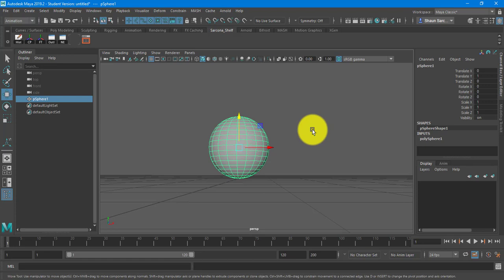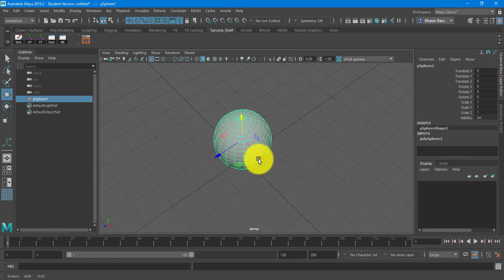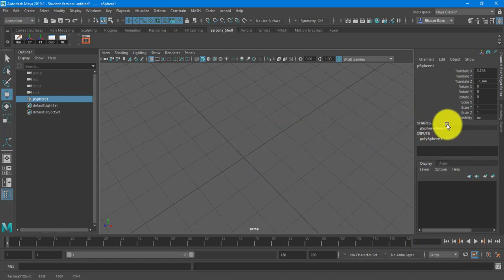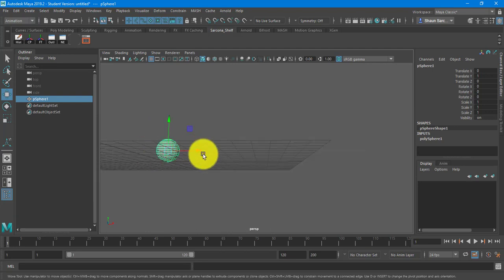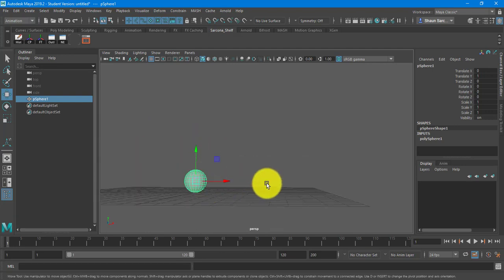We need to play with other views, okay? Whenever we're animating, we want to make sure that we don't accidentally start animating this going in some crazy sideways direction. Anytime we animate something like a sphere moving from left to right, up and down, whatever, we want to make sure we're locked into that view, okay? So a couple different ways we can switch views. If you tap the space bar,